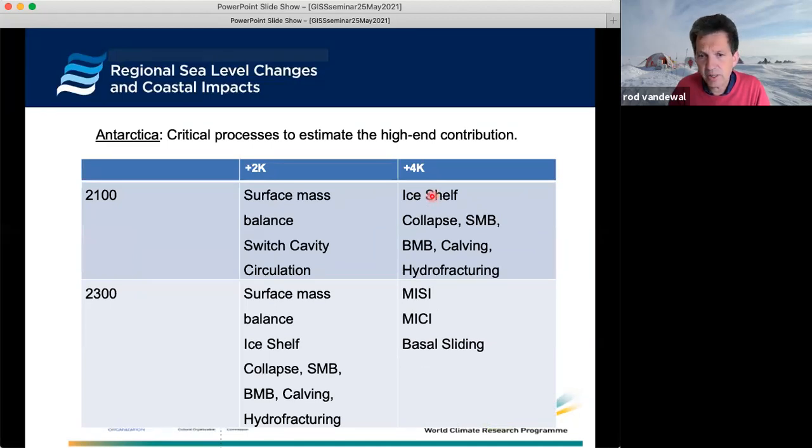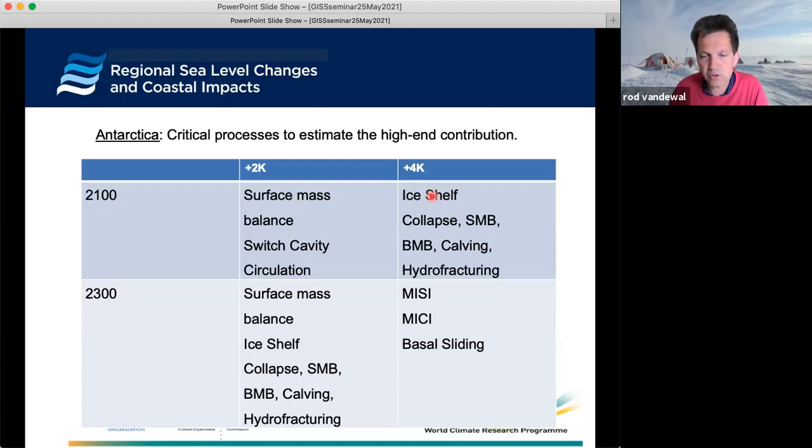And for Antarctica, as I already mentioned, there is a whole zoo of processes which are poorly known, I would say, and also for which the time scale and the temperature change where they're relevant is not always very well defined. At first, we had the idea that estimating the Antarctic contribution to the high end for a low scenario in 2100 could not be so difficult. There would probably not be much change in Antarctica, but further studying of the literature revised that a little bit,